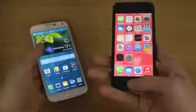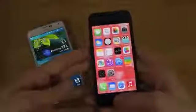And then of course you do get two other buttons on the Galaxy, a back key and also a multitasking button. To multitask on the iPhone 5, you don't hold in, you double tap here, and you can see all the apps. This is my non-jailbroken phone. I have a bunch of apps installed, but if you go into Settings, General, About, you can see iOS